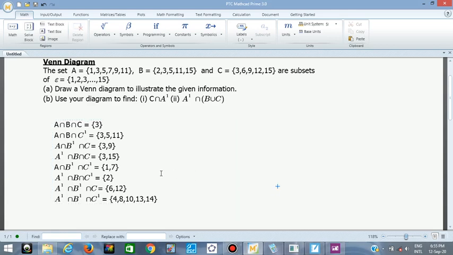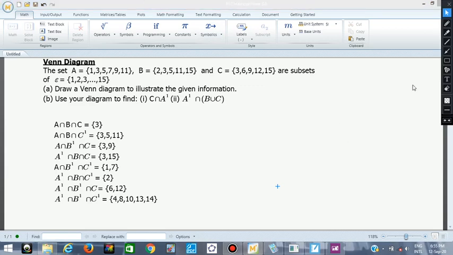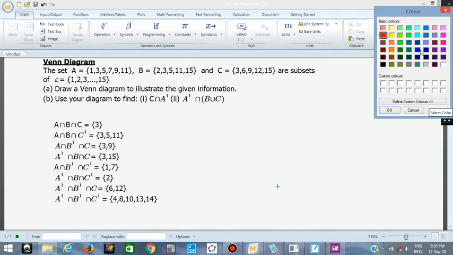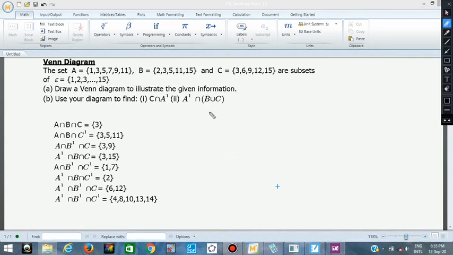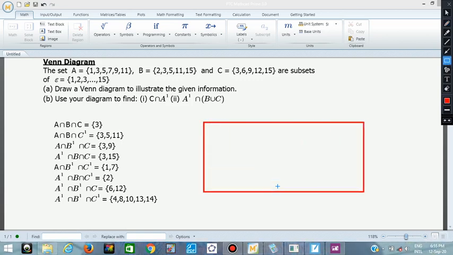So with this information we have here, we can do our Venn diagram. So you can now confidently draw your Venn diagram without any mistake. So this is what we are talking about. Let me get my pen here. Let me change the color. Okay, let me use black. Since there are 3 sets A, B, C, in a Venn diagram you need to draw your rectangle first. So this is your rectangular box.